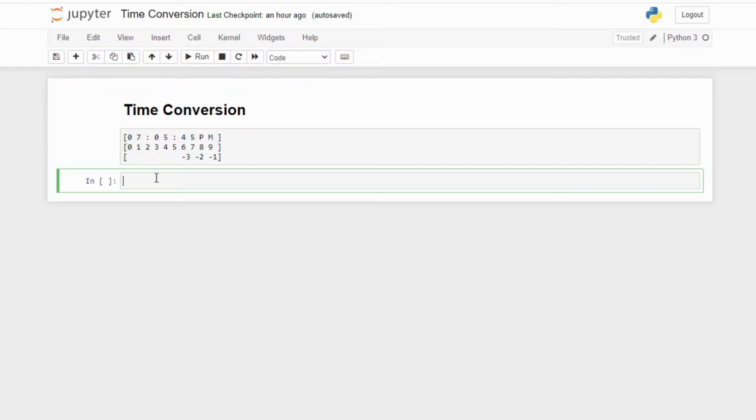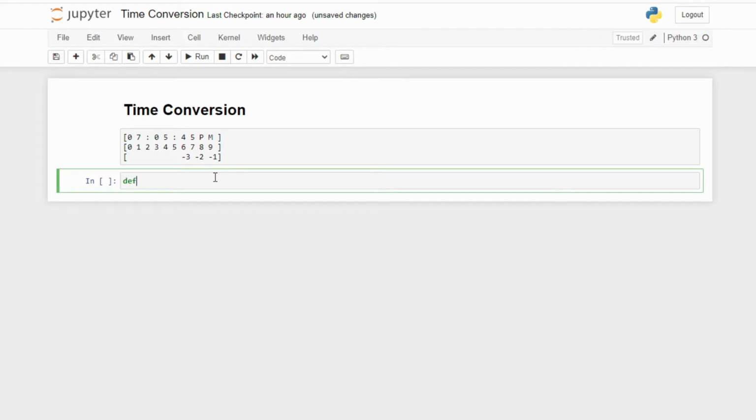Let's jump to the coding part. So we're going to solve this problem using string slicing and if-else ladder. I've written sample input on top with extra spaces and mentioning their indices. For example, PM is on index 8 and 9, hours are on index 0, 1, also PM is on index -1 and -2, or minutes are on index 3 and 4, and so on.